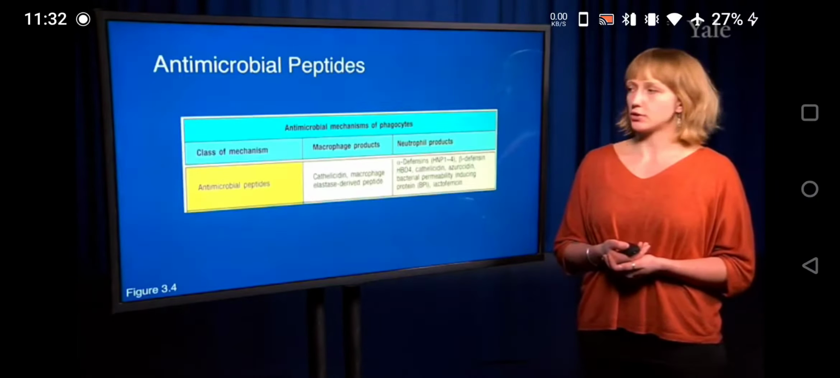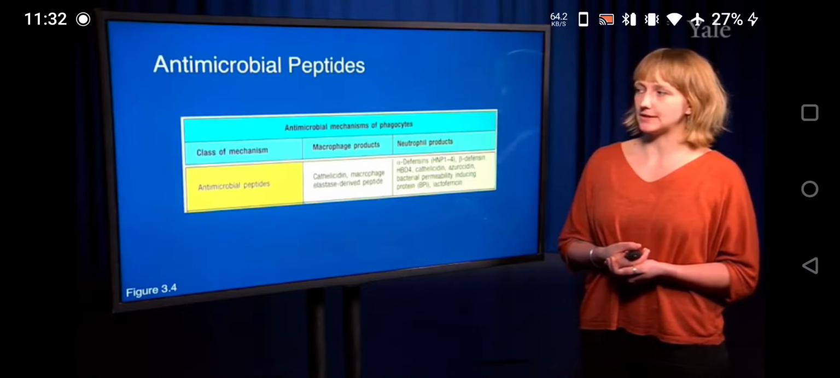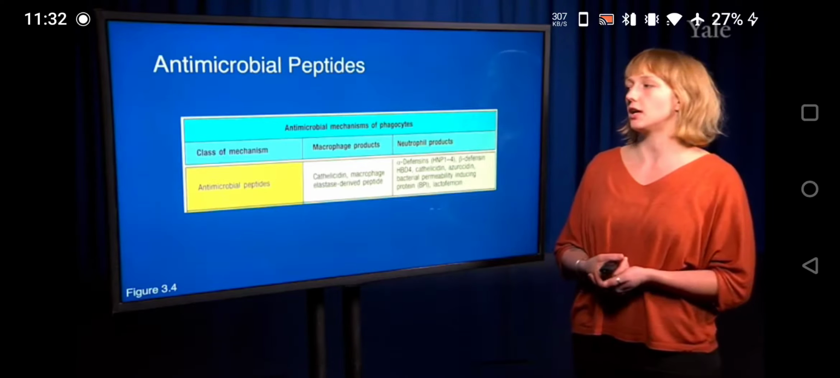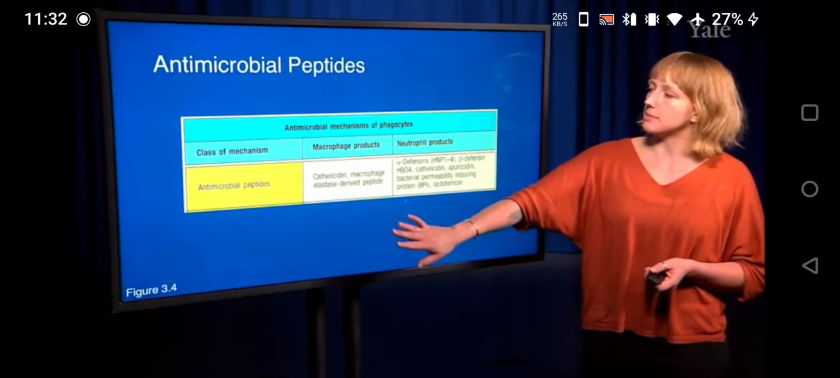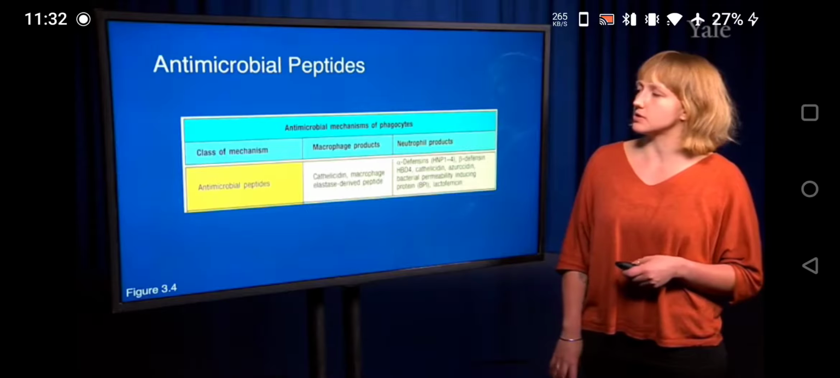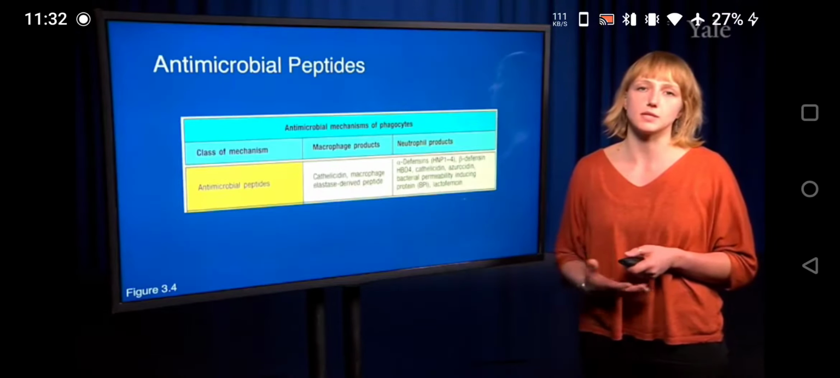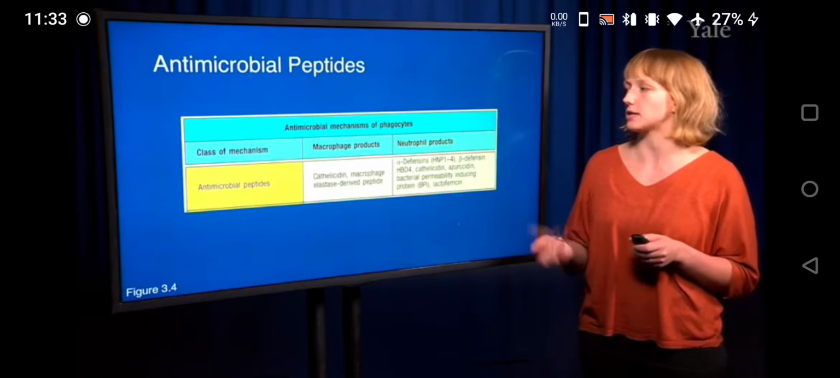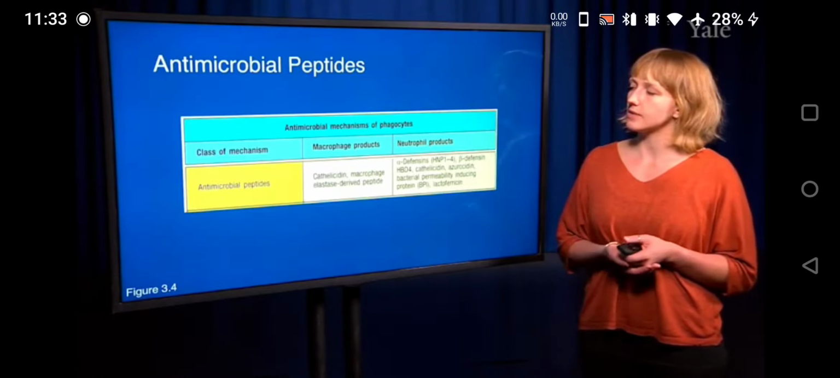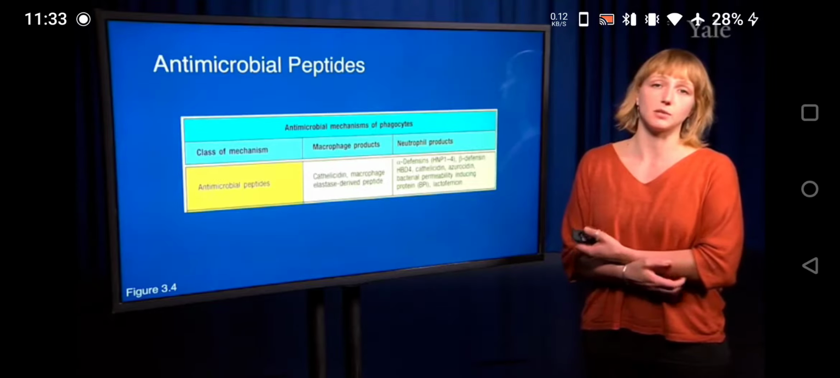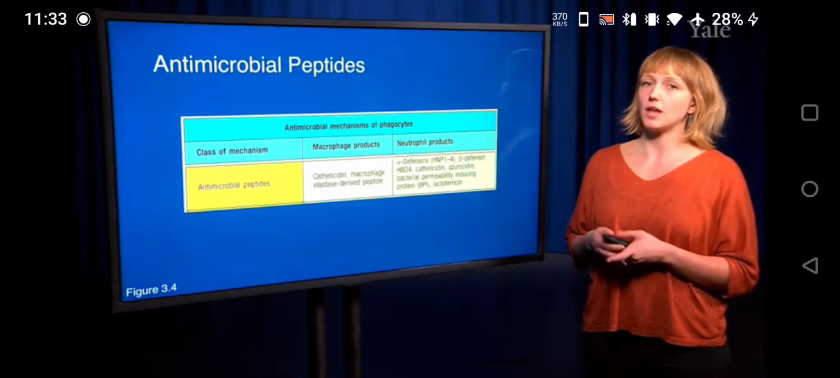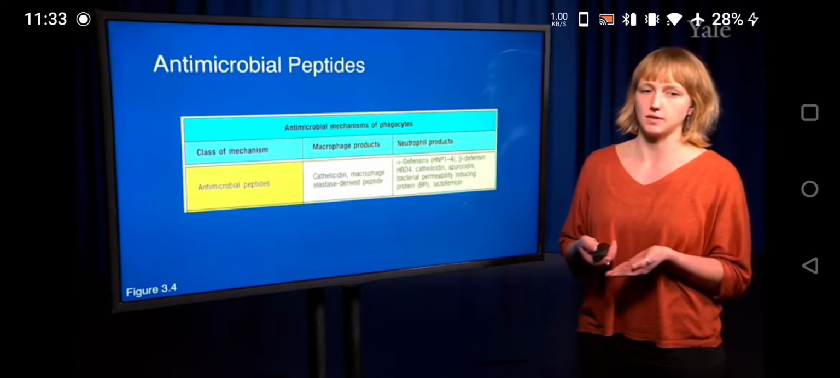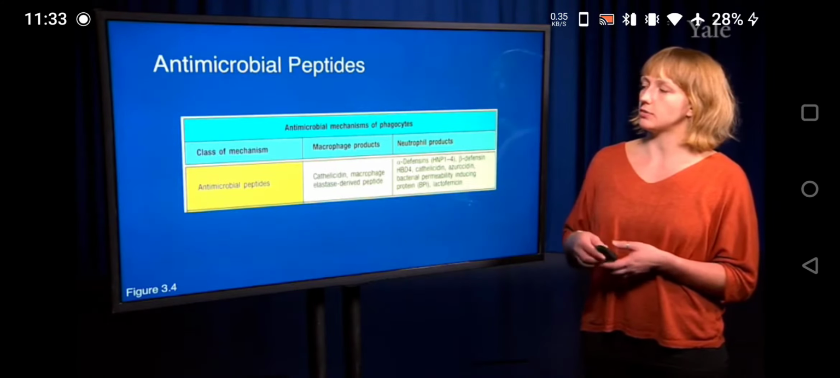So antimicrobial peptides are really critical in the first wave of immunity against bacteria. And antimicrobial peptides are generally produced by the innate immune cells that are first on the scene during an infection. So these can include epithelial cells or neutrophils that have different types of antimicrobial peptides, but that act to kill as many bacteria as possible. So for example, if we look at